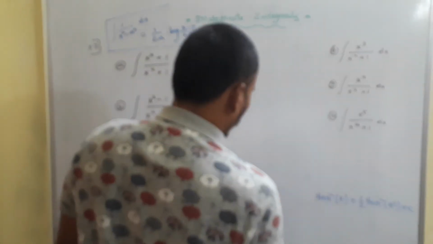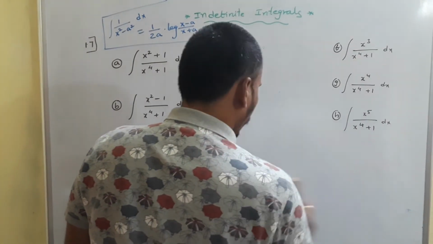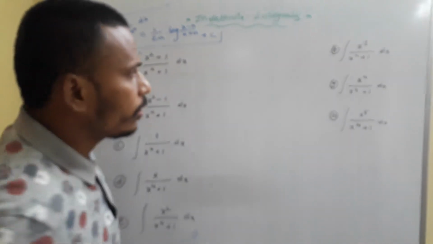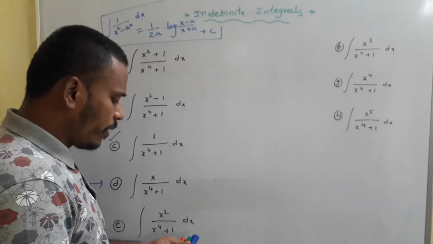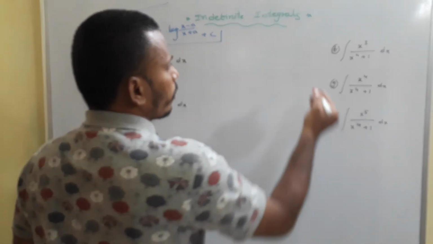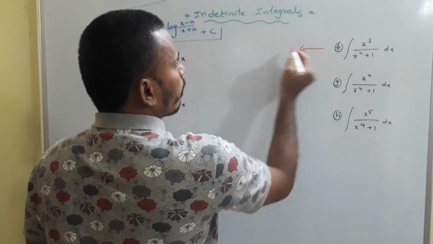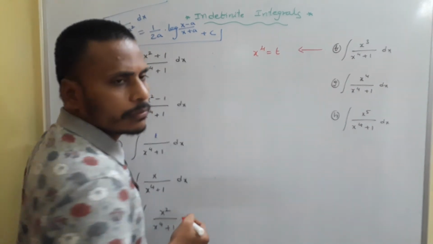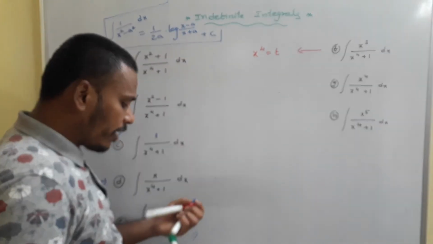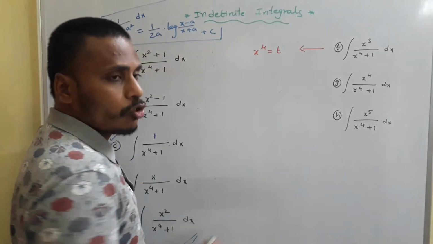So very simple, కొద్దిగా ఆలోచిస్తే సరిపోతుంది. ఓకే, ఆల్రెడీ ఈ ప్రాబ్లం చేసే విధంగా అంటే లైక్ దిస్ we mentioned you different substitutions. Okay, to solve this problem you just take x power 4 is equals to t. Why x power 4 is equals to t? Because its derivative is 4x cube, right?